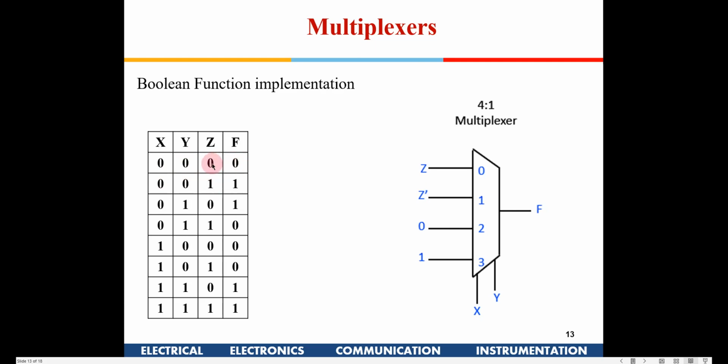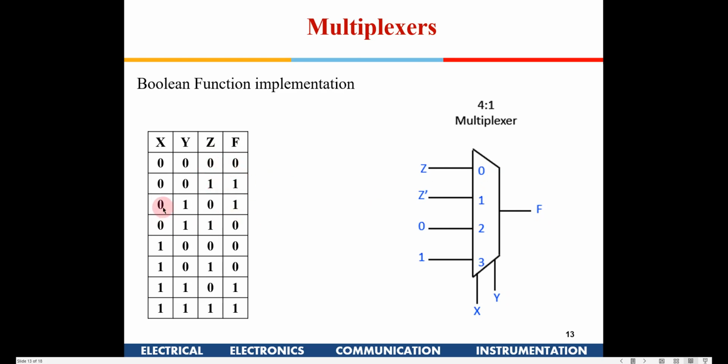f is what? For z equal to 0, f is 1. For z equal to 1, f is 1. So for 0 0 out here, I am going to give z here. So if I give x equal to 0, y equal to 0, f is related to z, right? z is going to come out here. So f is equal to z. Is it so? If you see the truth table, that is the case, right?